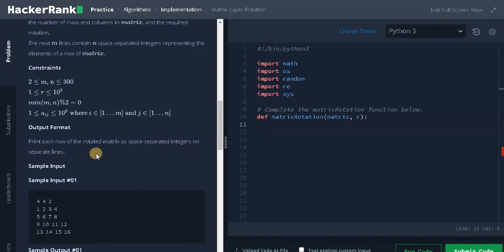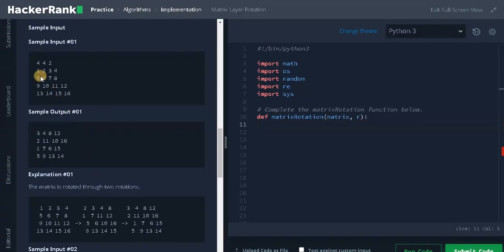Okay, let's check some examples. This is the sample input, a 4 cross 4 matrix, and we need to rotate 2 times. After 2 rotations the matrix will look like this. Here is the detailed explanation. After 1 rotation the matrix will look like this, and after the second rotation the matrix will look like this.